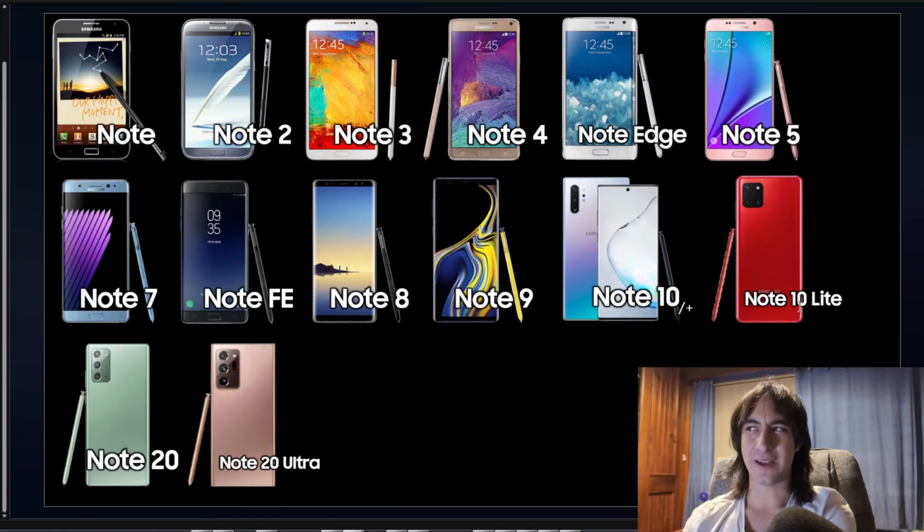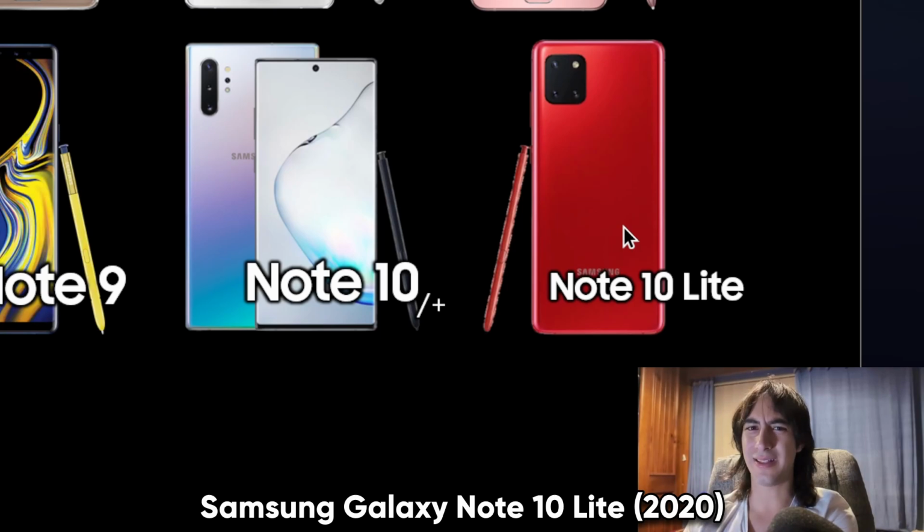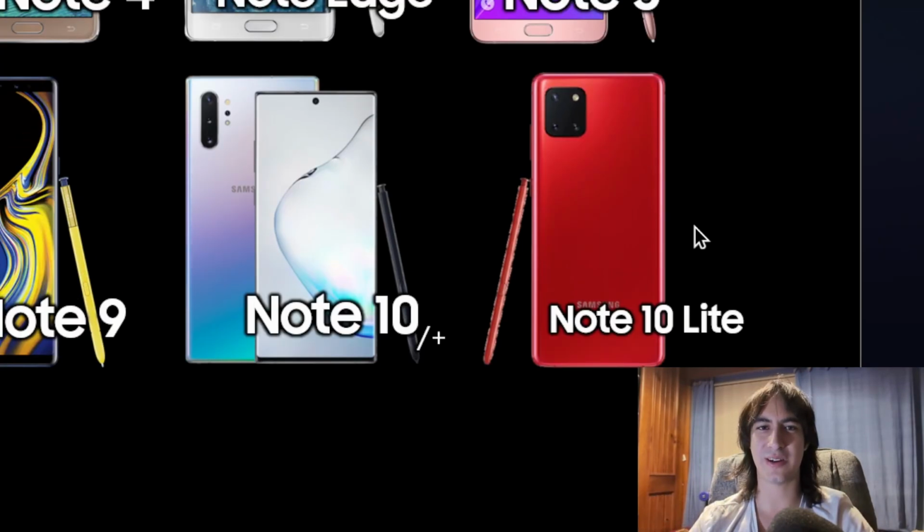Next up, we have the Galaxy Note 10 Lite. What the hell is this thing? This phone released in early 2020 alongside the Galaxy S10 Lite, which will also be in this tier list. This phone is ugly. This is the ugliest thing I've ever seen. It looks like a Galaxy A series phone from the time. This is the only time Samsung made a budget Galaxy Note phone, which,